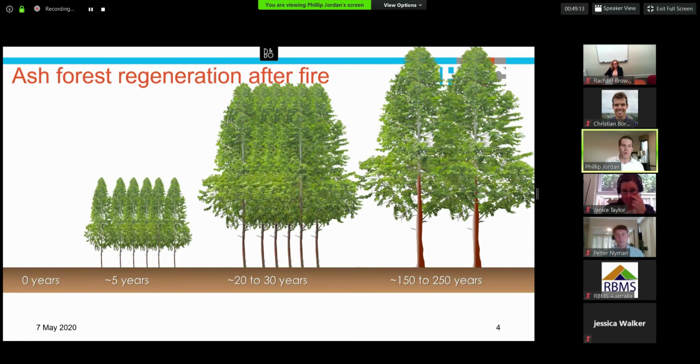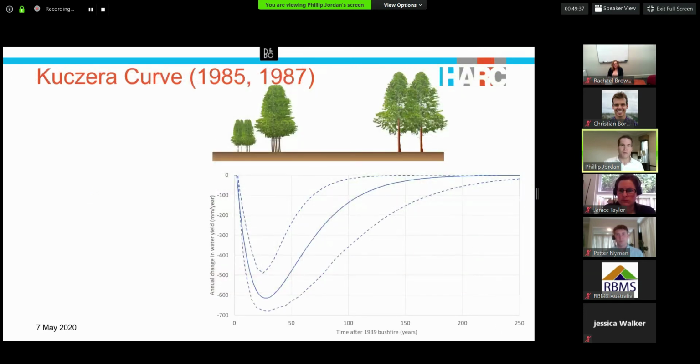Over time there's a change in both the leaf area index and the sapwood area index. It's that change in leaf area index and the amount of sapwood that affects the amount of water sucked up through the root system and transpired out of these mountain ash type forests. What that looks like is described by the Kuczera curve, which George Kuczera derived back in